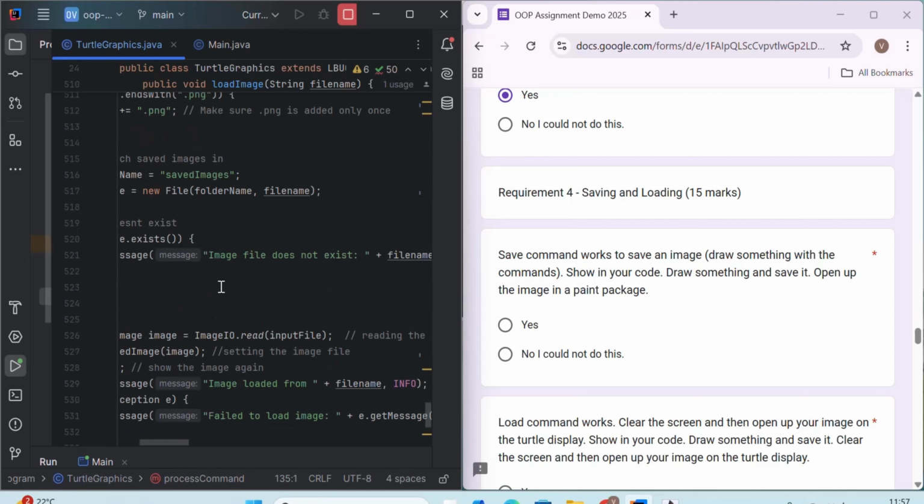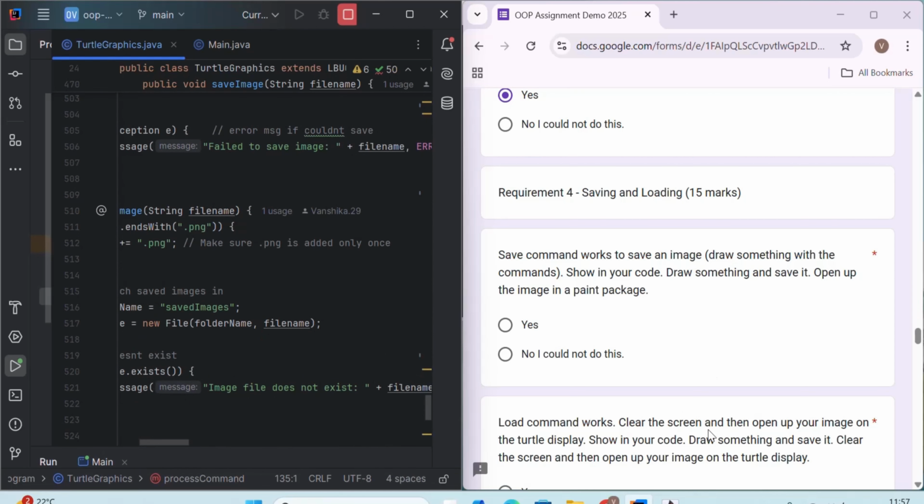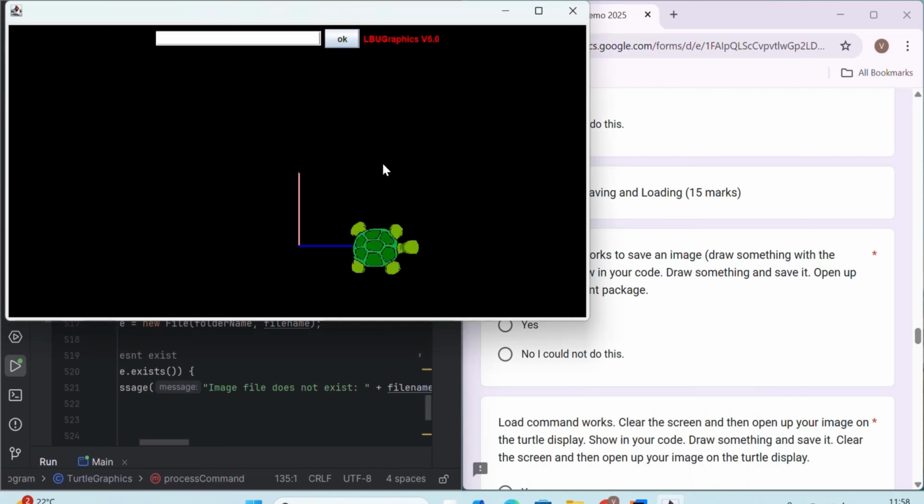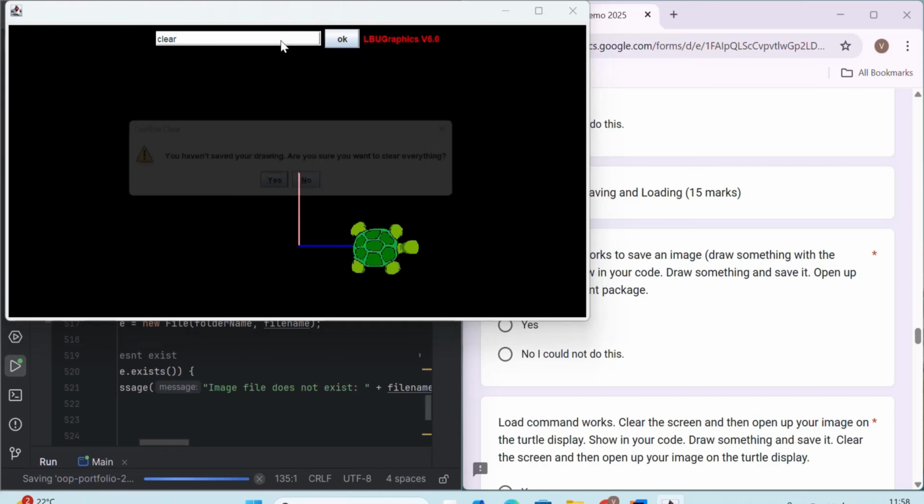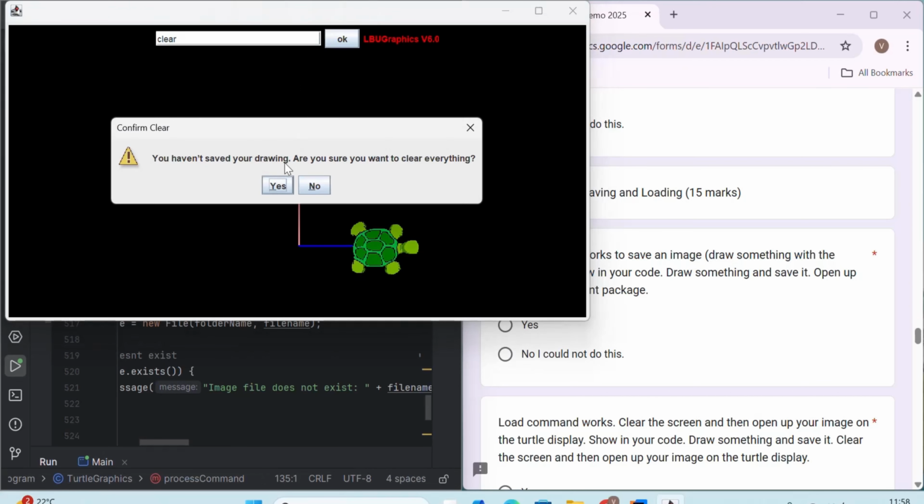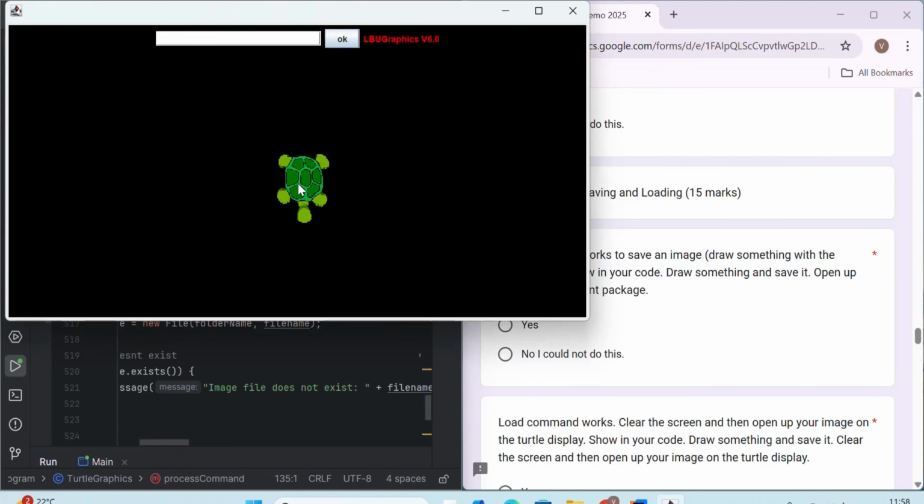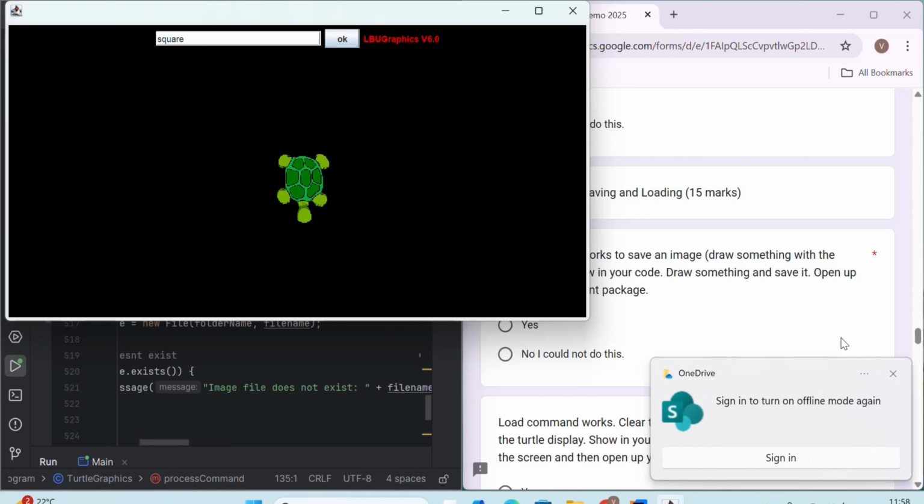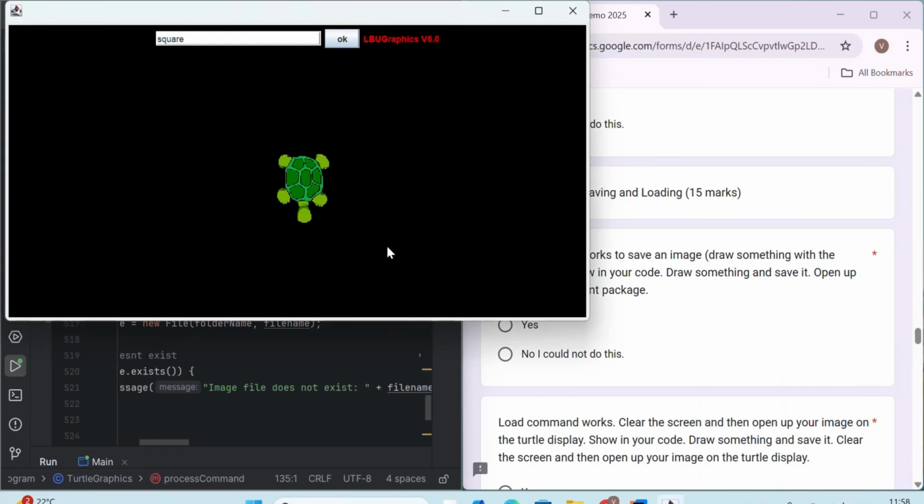And now I'm going to try running the code. If I just want to clear this, and then you haven't saved your drawing, are you sure you want to clear everything? Yes, I don't really want to save it right now. So now if I draw a square, maybe I will talk about this specific command as well later on in the video. So if I just draw a square really quick,